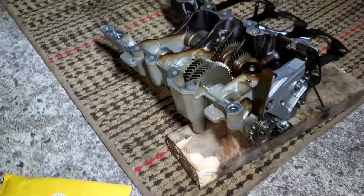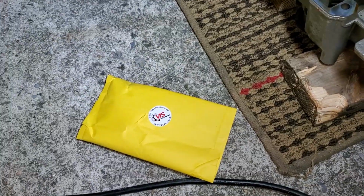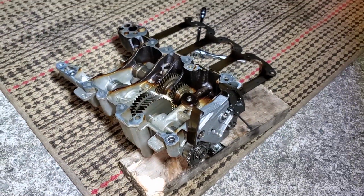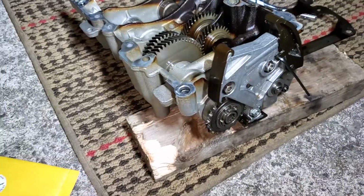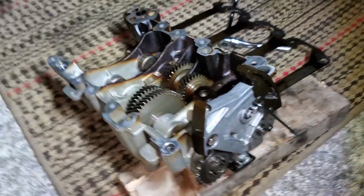What's going on, guys? In this video I'm going to be showing the VIS balance shaft delete freewheel. This is for the 2.0T FSI EA113, which my Mark 6 Golf R has. The point of the balance shaft delete is that when you're revving your engine over 7,000 RPM, these balance shafts